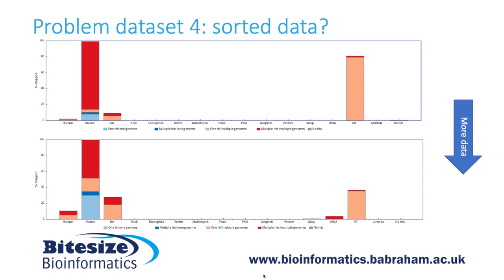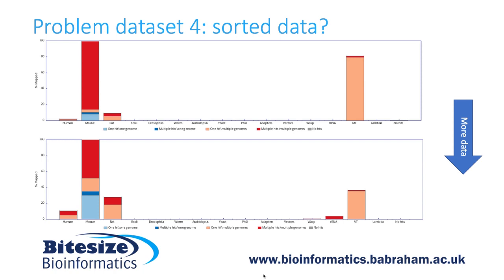Now that all sounds fairly reasonable. It would just be that for this particular data set, we see a high degree of mitochondrial contamination. However, as we successively downloaded more data from this sample, what we saw was the relative proportion of mitochondrial reads decreased. So if you look at the second bar, again, we can see a similar sort of pattern, but here